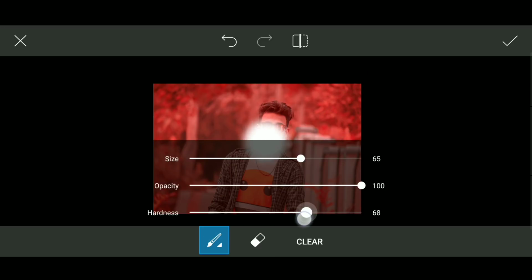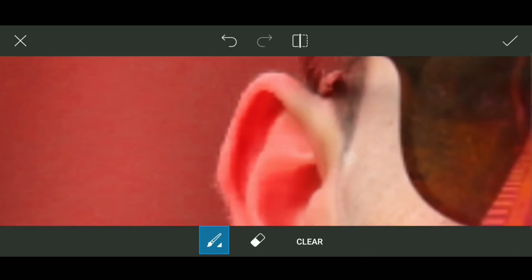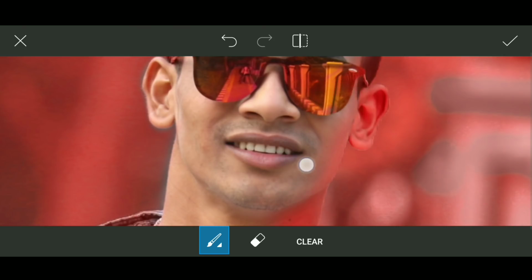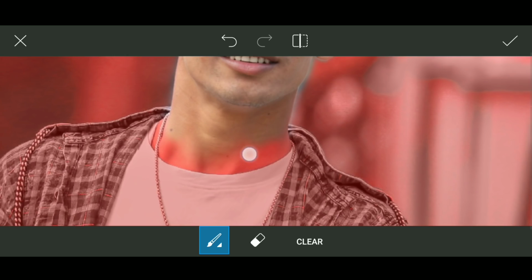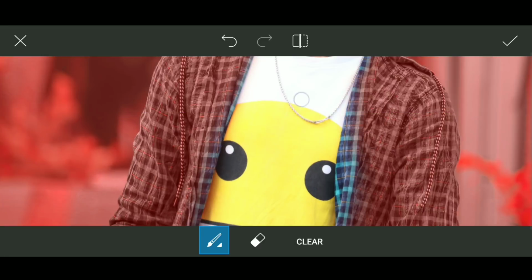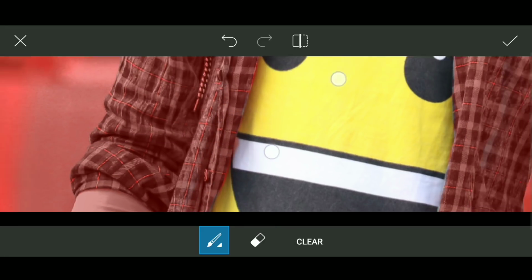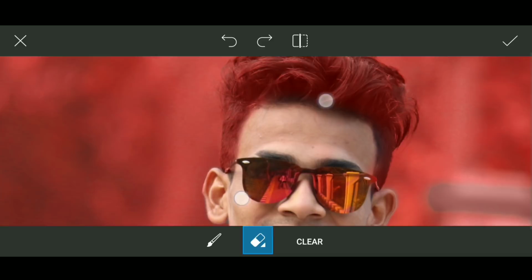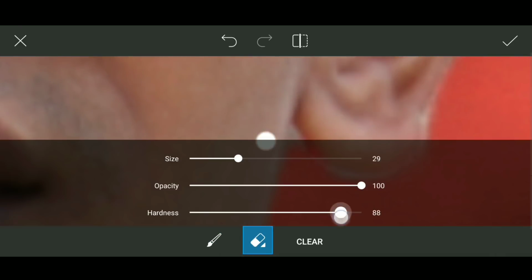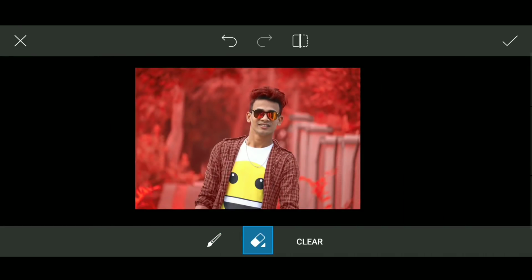Now I am going to decrease some hardness and I'll also decrease the size. So as you can see guys, I have fixed this face tone problem. So let me show that to you. I'm going to hit OK.